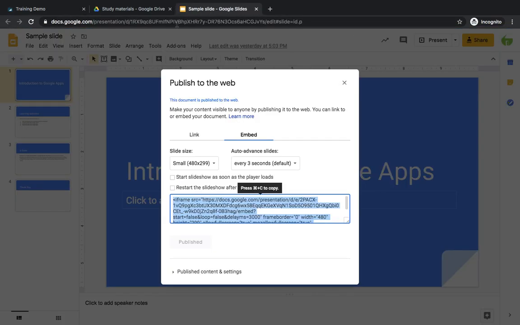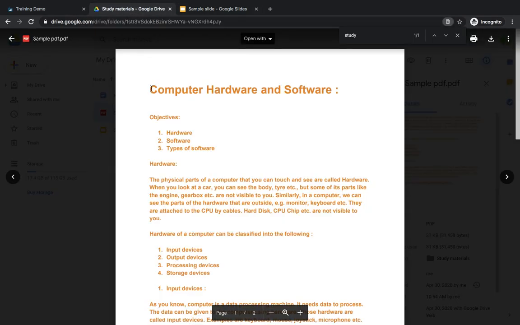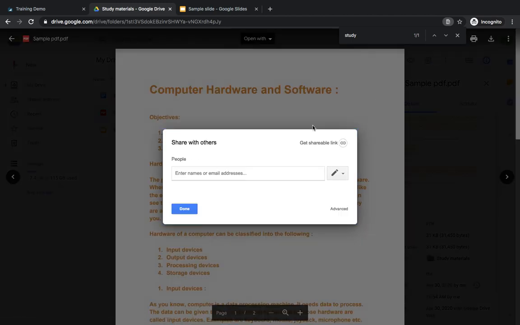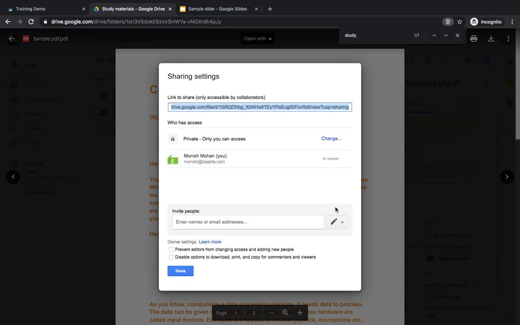And one more important thing is that you have to go to the PDF and change the sharing settings. You have to click on the more actions menu, and the first option is share. Click on that and go to advanced. By default it will be private, only you can access.